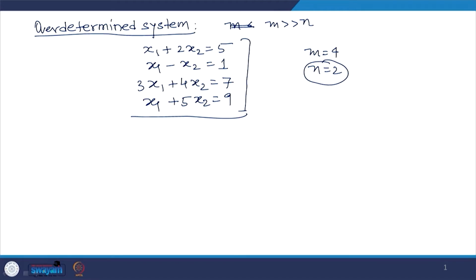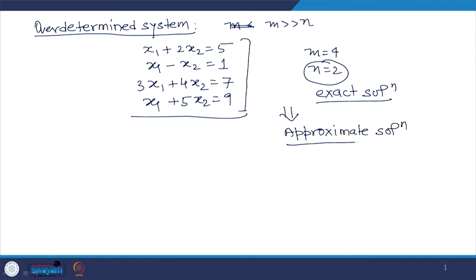So in this case what will happen? We have an overdetermined system and an exact solution will come very rarely. So what do we have to look for? We have to look for an approximate solution. Such an approximate solution is called the least square approximation of the overdetermined system. How can I write this in matrix form? I can write it as Ax equals b,